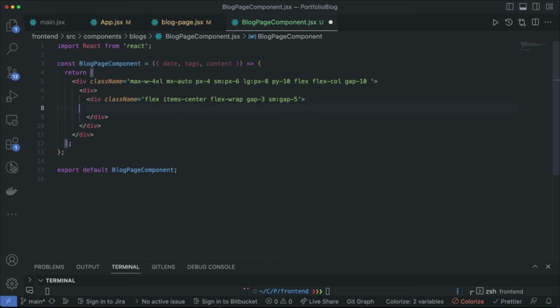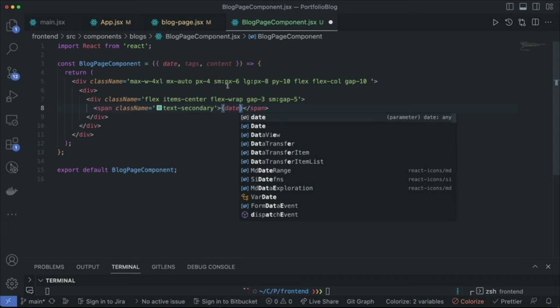I will create a span. I'll give it a class name and give it a text secondary. So we are basically defining the dates and some other things we want to see in our blog page. So give it the dates that we passed,